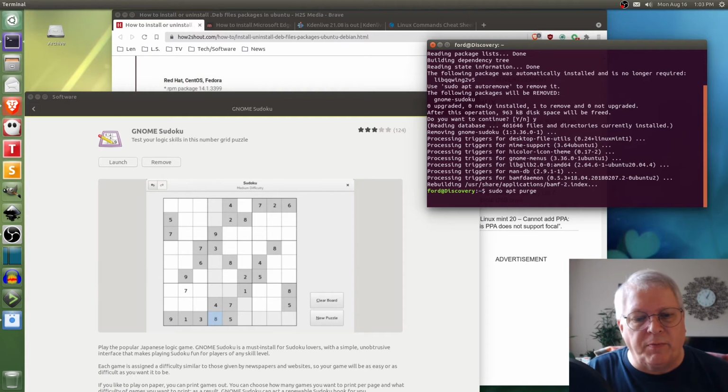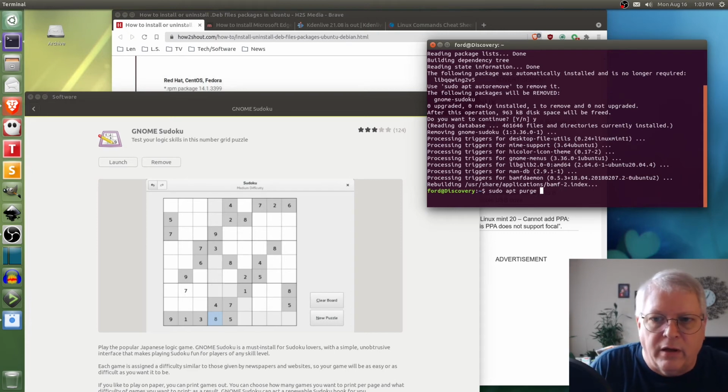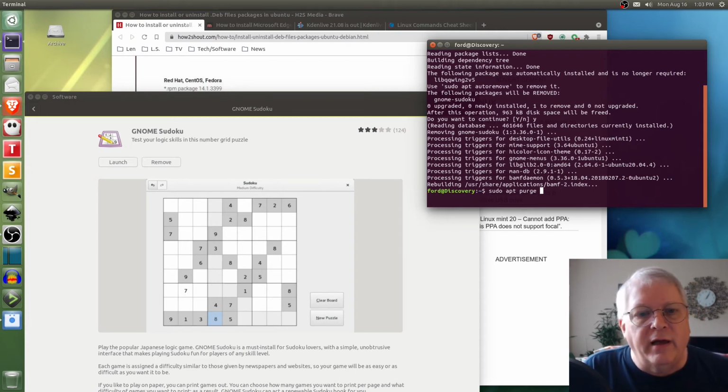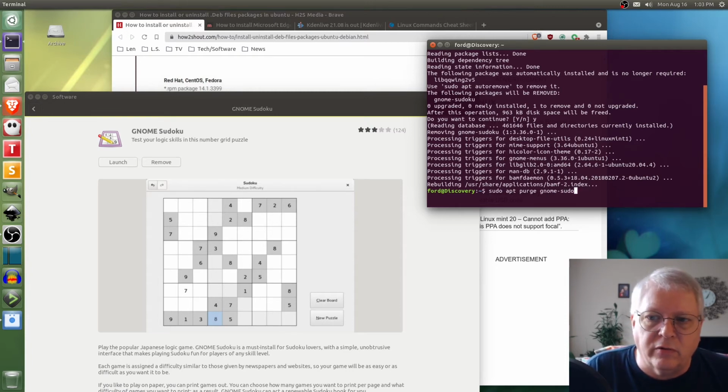This is sort of like the first part removes the program, and then you scan and it shows all the different little subsequent files and folders. Well, this is what purge is doing in Linux. It's the same concept, it's just a different way of doing it. So sudo apt purge, and then I'm going to type in gnome hyphen sudoku,